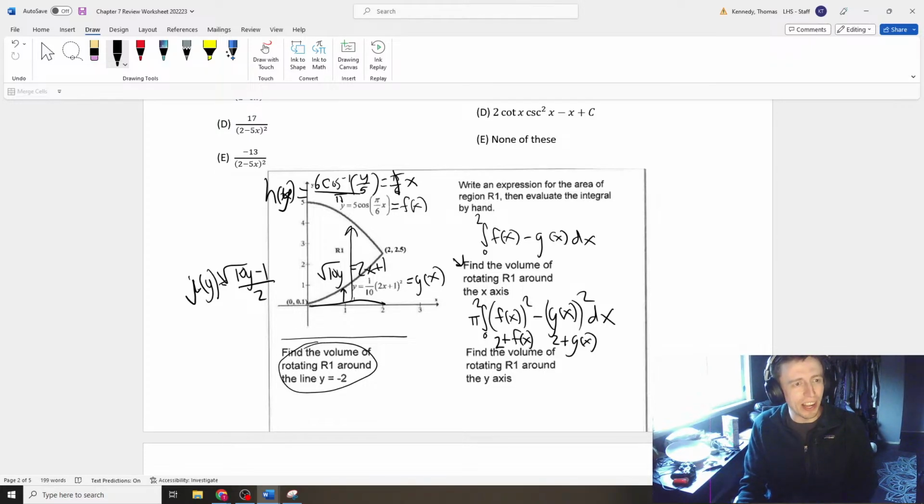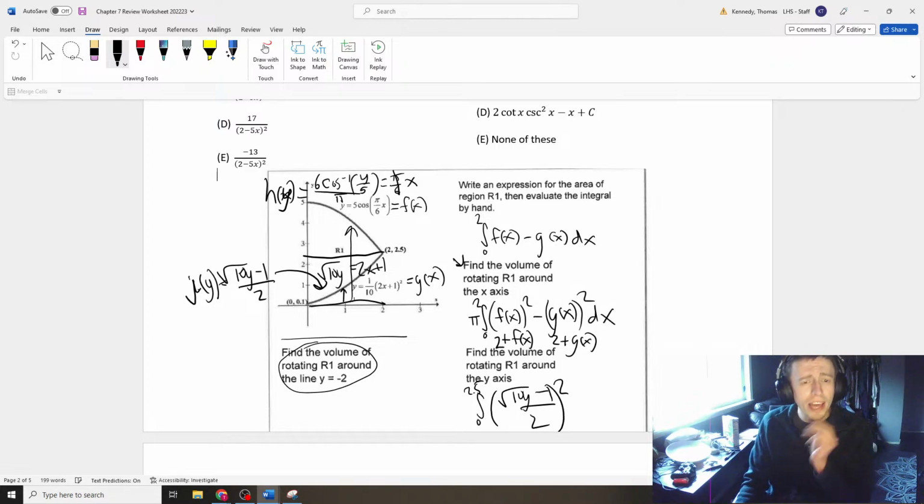And then, now that I have these two equations, all I'm going to do is integrate from 0 to 2.5 of the first equation, which is the bottom one that goes from 0 to 2.5. The thing gets cut in half, so of that thing squared, root 10y minus 1 over 2 squared. And then I'm going to add the integral from 2.5 to 5 of the top thing that I rewrote there,